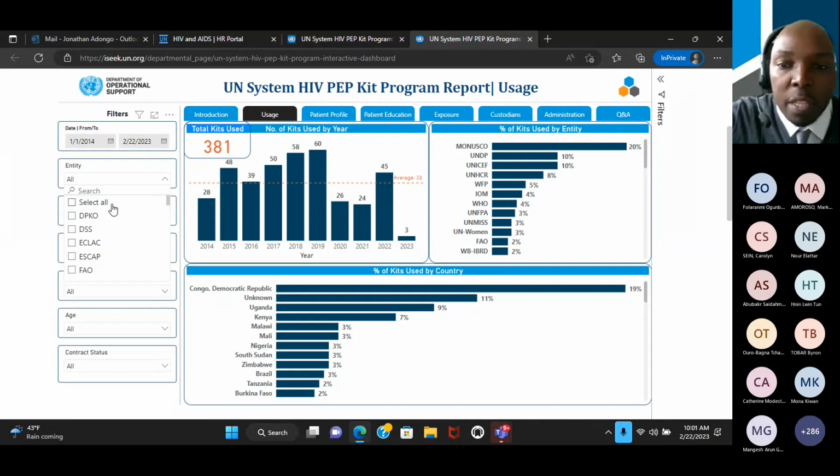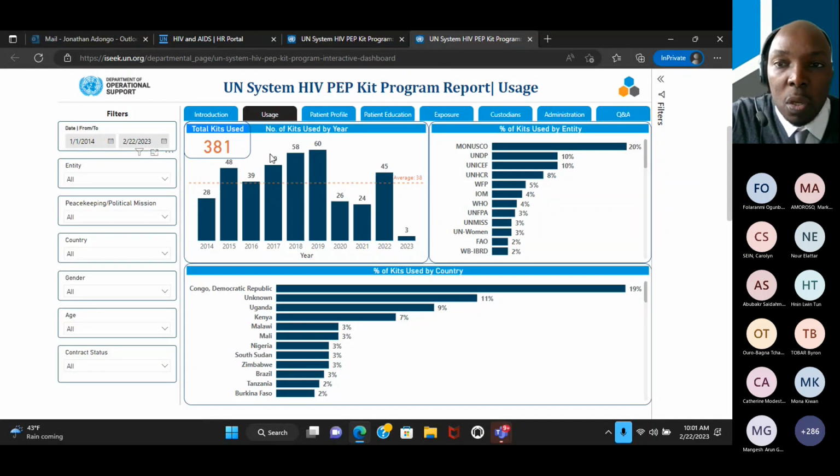And then these are the number of forms issued by country. So once again, this is just an overall level of how many forms are submitted, which missions have submitted them, which countries they are coming from. This is the first page, just the usage of the kit based on the number of forms submitted.